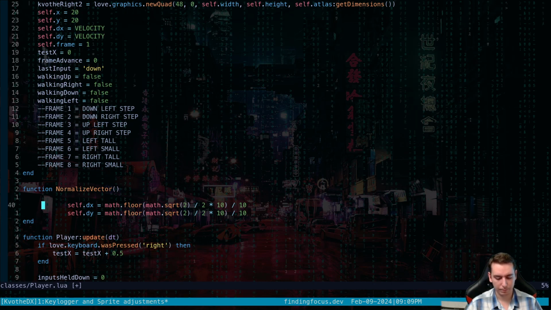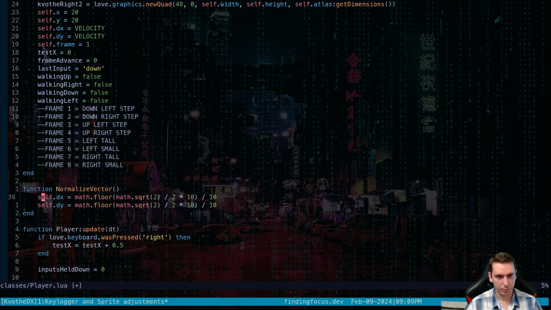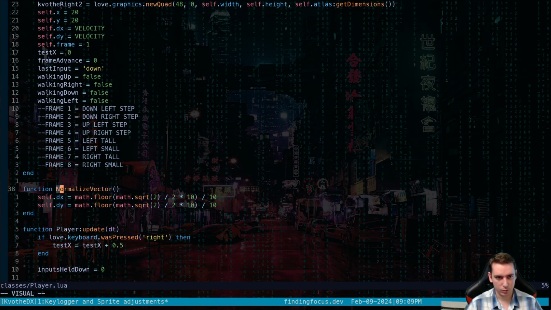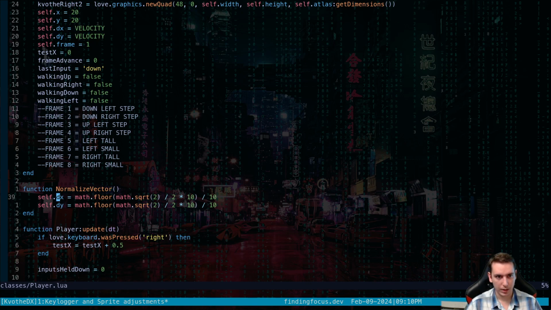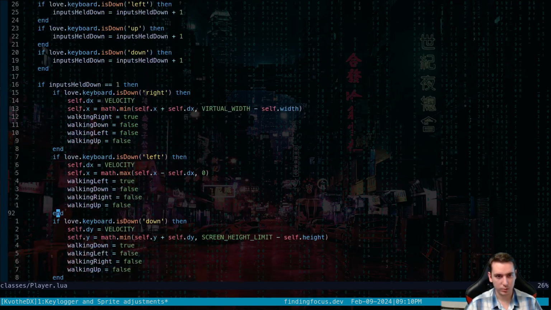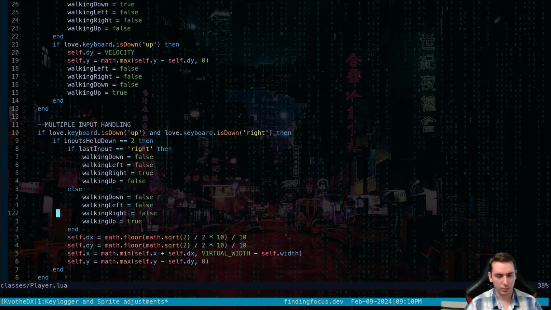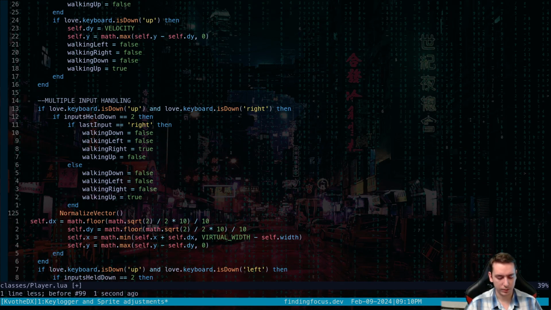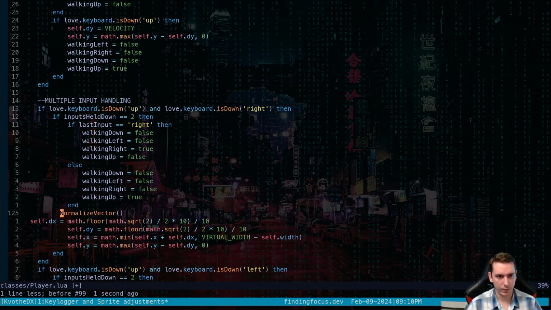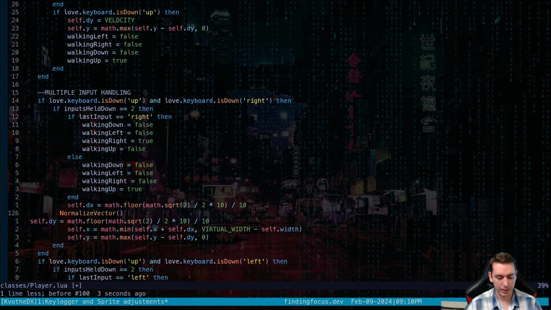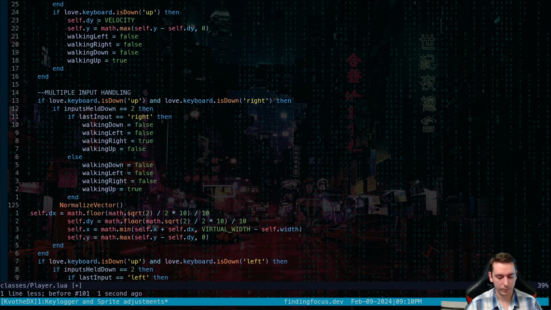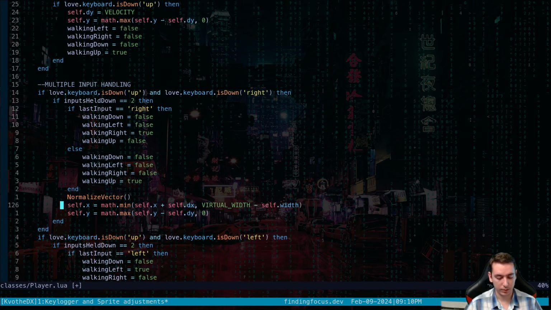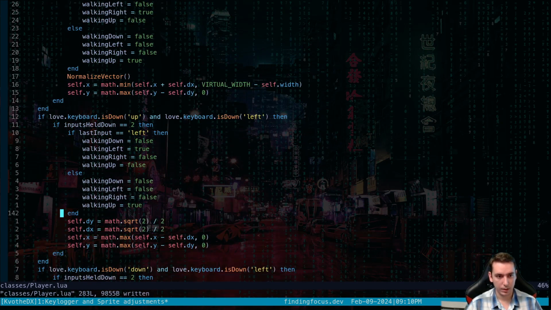I think that's okay. So we don't need to parameterize this or anything. So we can just take this Normalize Vector function, and anytime we do this, we just call our function instead. We're doing it right here. We're going to just normalize our vector. There. Okay. So delete this, normalize our vector, and then